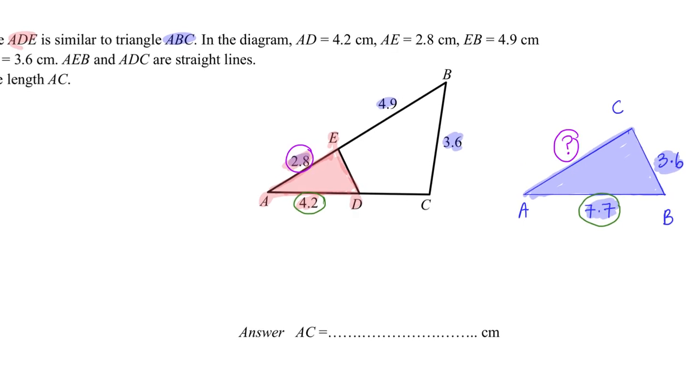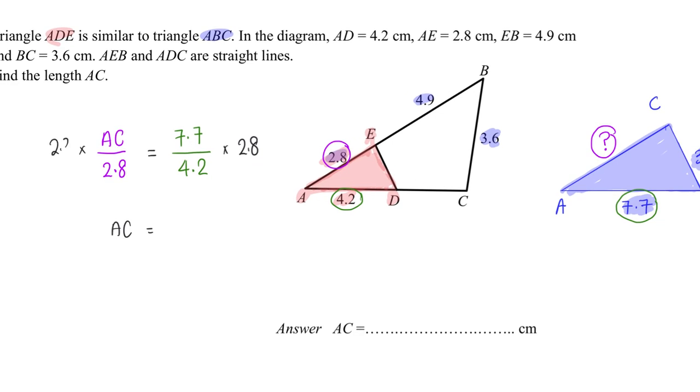With that in mind, I can then safely write AC divided by 2.8 is equal to 7.7, the AB, divided by 4.2. The proportion is the same. And from here, I can then proceed to solve for AC. Because AC is simply, I'm going to multiply 2.8 on both sides, such that here I can actually divide off. So 7.7 over 4.2 times 2.8 will give me a value of